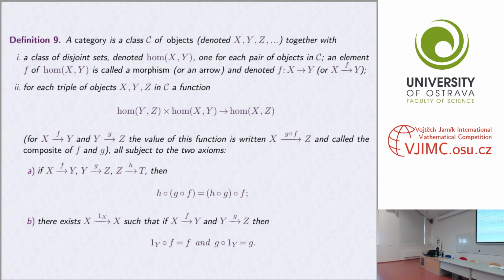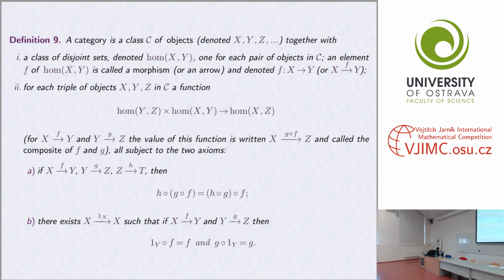And together with the operation of composing two arrows, which very much resembles the composition of two functions. So if we have three objects x, y, and z in our category, a composition of morphisms